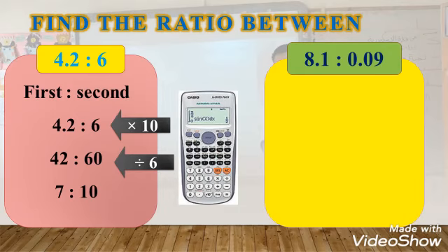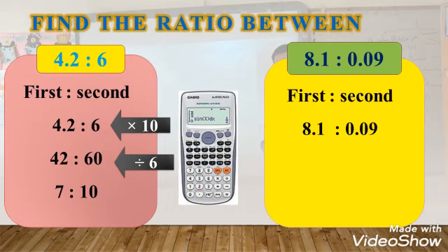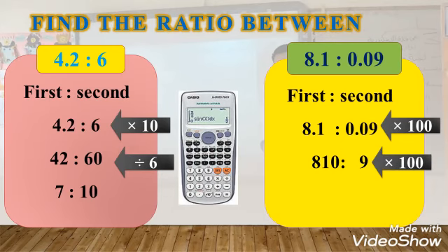We can use our calculator directly, or we can use the method we agreed on. So first to second, 8.1 to 0.09. We will multiply by 100 to omit the decimal point. Then the result will be 810 to 9, dividing by 10. Then the result will be